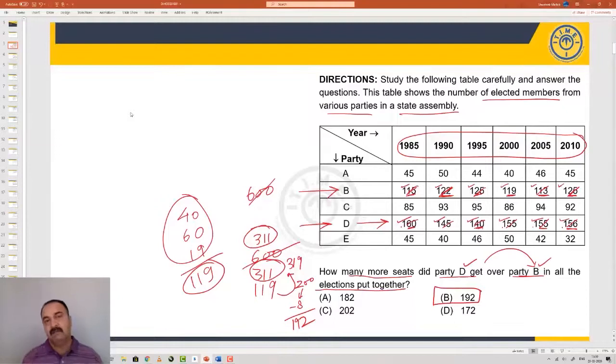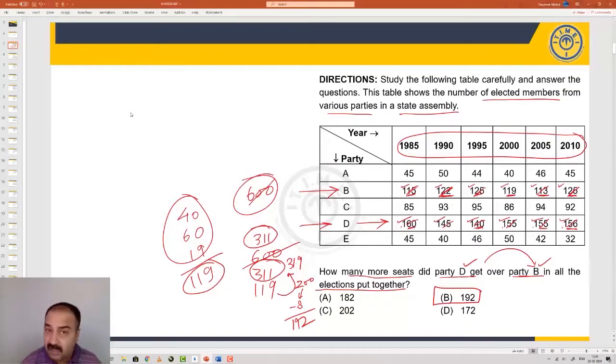This is a way we want to train ourselves to look at double digit clusters so that we are able to get to a complement or a supplement addition to 100 or a 70 or a 50 or a 60. The digits with the 0 in the end are easier for your mind to understand and also to remember. Whatever is not useful in a comparison between entries, we will eliminate, like we let go of the 600 which was appearing in the 600s of the 6 election years for each of the political parties B and D. Therefore we focus only on the last two digits.